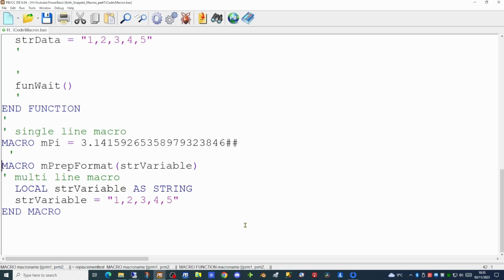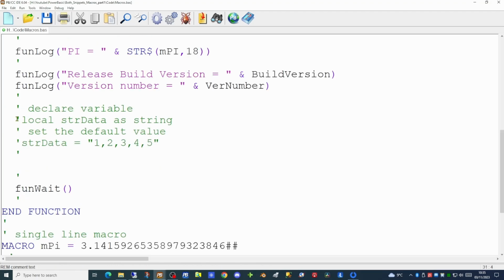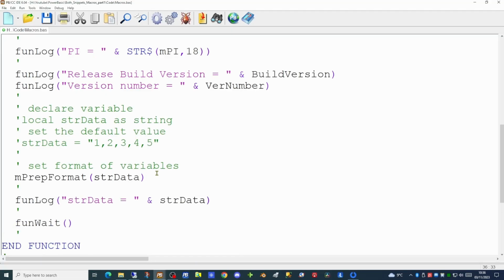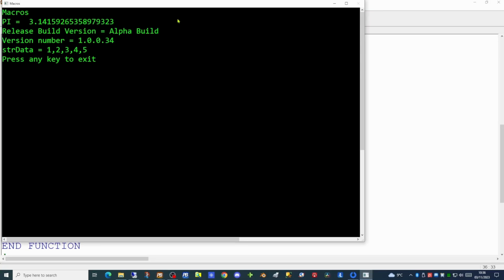So let's try that out in the code. So we will first comment out where we put the lines in normally. And we will now put in our single line macro, mPrepFormat, containing the name of the variable we wish to first of all declare and secondly populate. And we will send the value of that variable out to our log. If we try running the code now, we will see we get strdata equals and the 5 comma delimited numbers